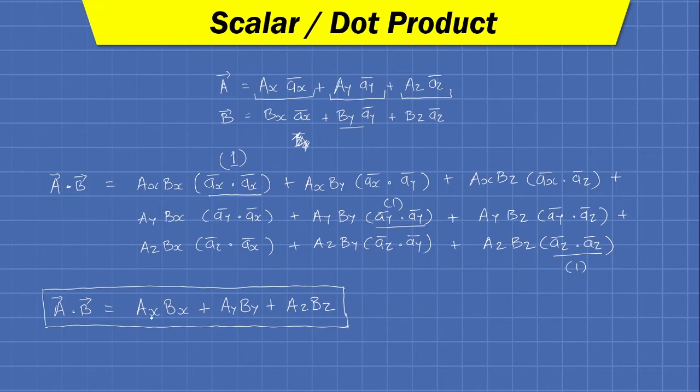A bar dot b bar we can directly calculate from its coordinates if they are known. Otherwise we can also find a bar dot b bar with this equation, which is derived from the definition of the dot product. So these two are the important equations which can be utilized while we solve the numericals. Okay, moving further,